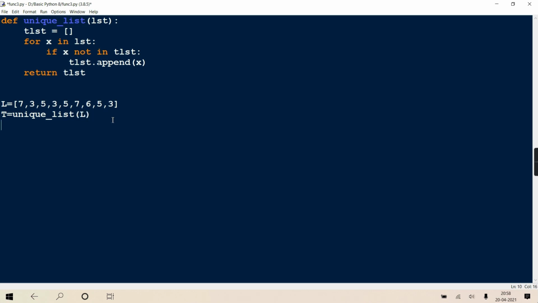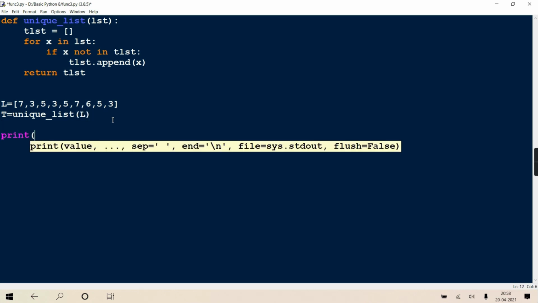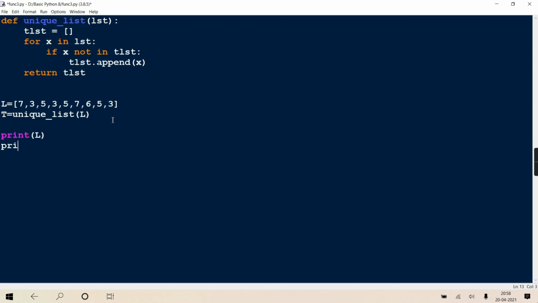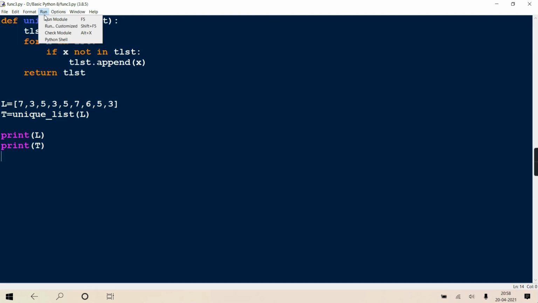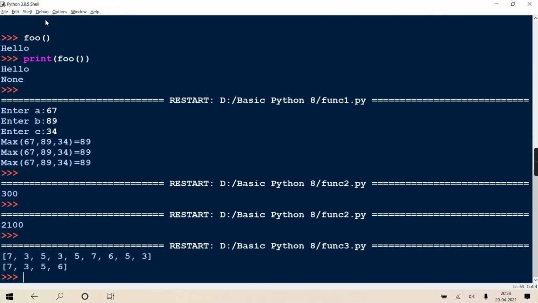Pass L to it, and now you print it. You can print your original list and you can print your unique list. Is it right, all of you? See, so this is your original list and this is the unique list.